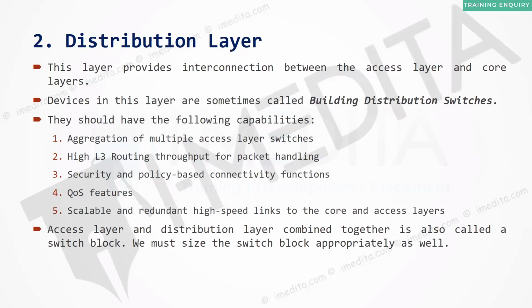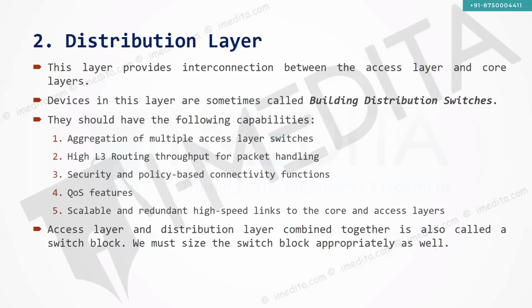Then let's talk about the distribution layer of switches. This layer provides interconnection between the access layer and the core layer. Devices in this layer are sometimes called building distribution switches, and distribution switches are layer 3 switches. They should have the following capabilities like the aggregation of multiple access layer switches, higher layer 3 routing throughput, obviously, because these switches will be responsible for performing the routing, and then security and policy-based connectivity functions, QoS features, and scalability, redundant high-speed links to the core and access layer switches, which means the uplinks should be supporting